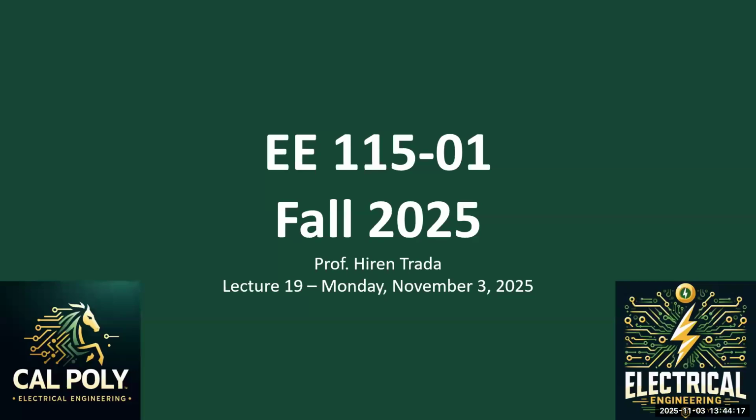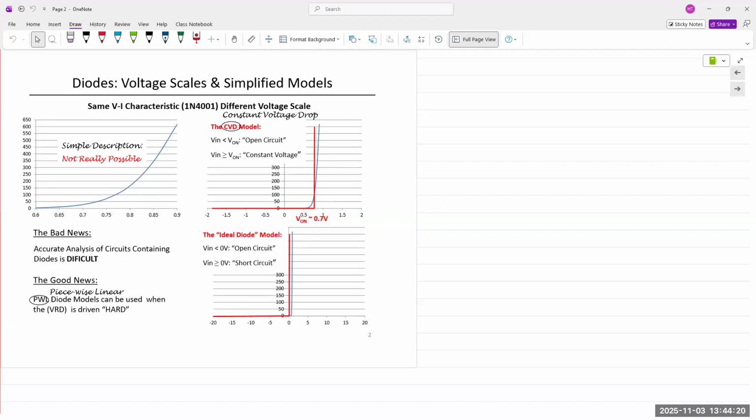So in these models, we're going to model the diode as either being on or off. Okay, so there's two of them. One is the ideal diode model. The other one is the constant voltage drop model. And the only difference between the two is that in a constant voltage drop model, we require a certain amount of voltage to turn the diode on. So again, a diode